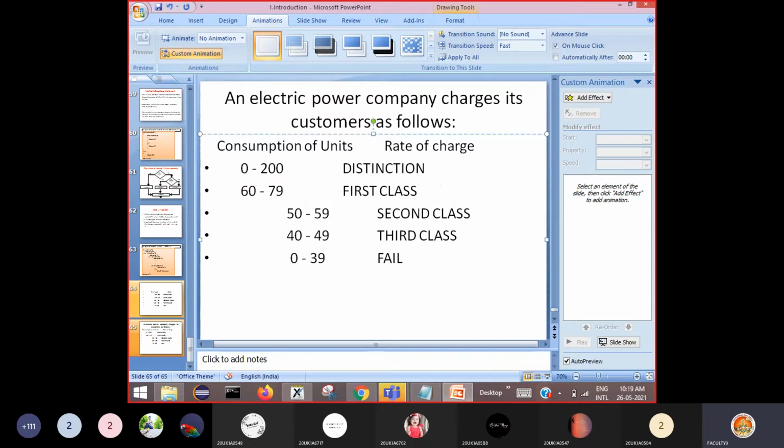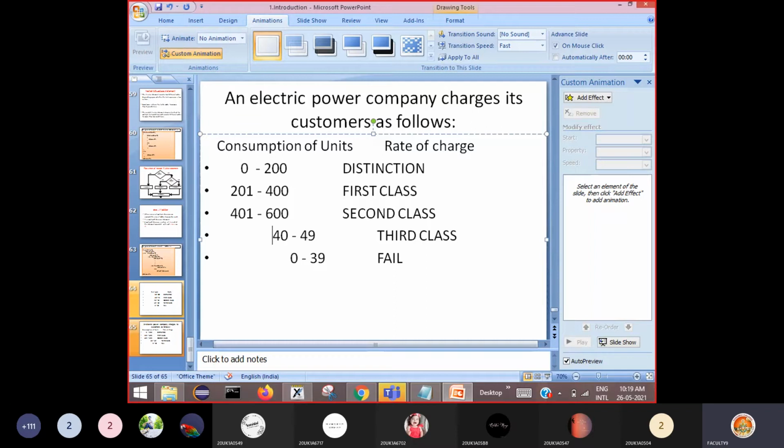If it is between 201 to 400 units, this is one charge, and similarly if it is 401 to 600, these are the categories.